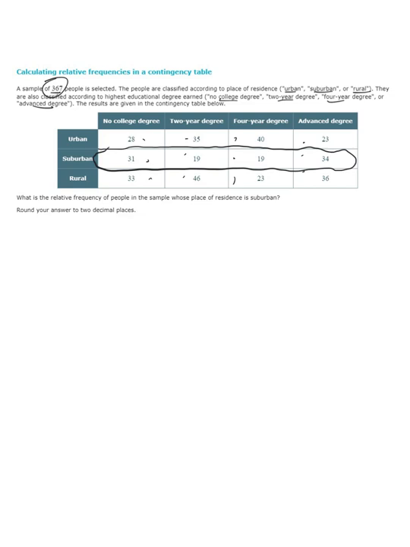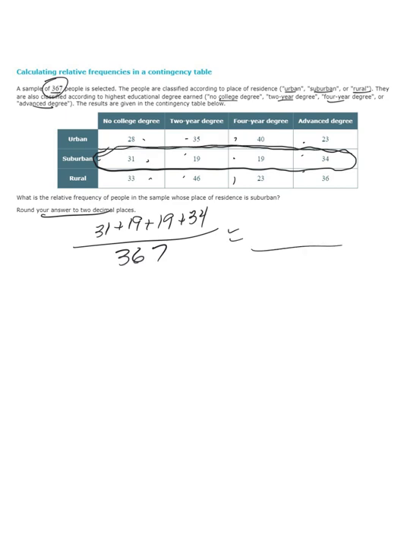I'm going to take those and add them all up, and then divide that by my total number of people. Then I'm going to round that to 2 decimal places, and that's going to be my answer. So take all the suburbanites, they're all in that row right there, add them up, and divide by the total number of people to get that relative frequency. All right, let's look at the other